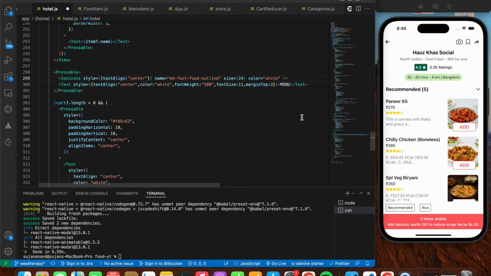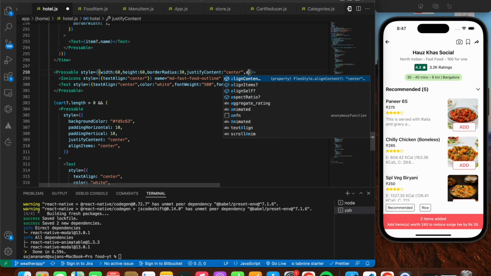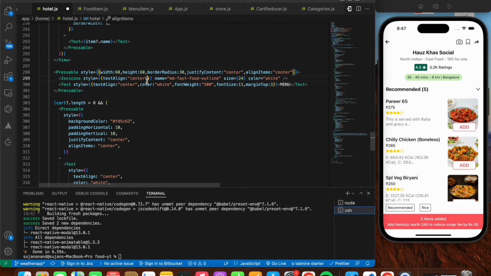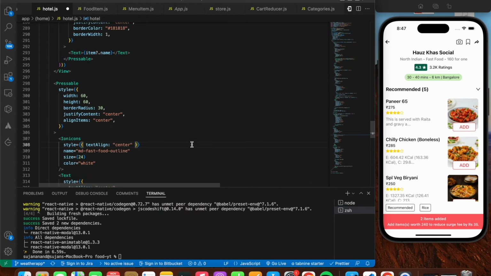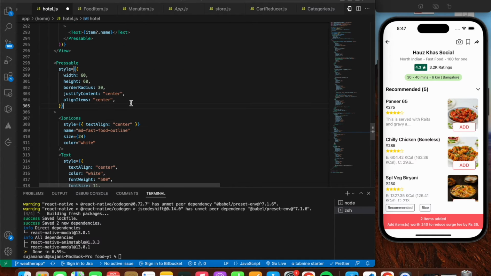So now we're gonna position this absolutely, that is for the pressable. So I'm gonna say style over here, and first of all we're gonna give it a specific width and height. So I'm gonna say width of, let's say, 60, height of 60 as well, and we're gonna give it border radius of 30 to make it look exactly circular, and we're gonna give basically justify content of center and align items of center as well. Okay, so let's format once. Yeah, so apart from this, we're gonna give it a position of absolute,